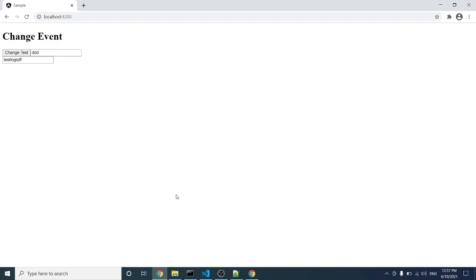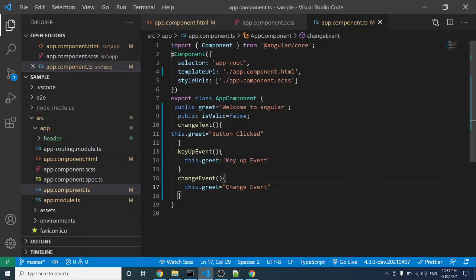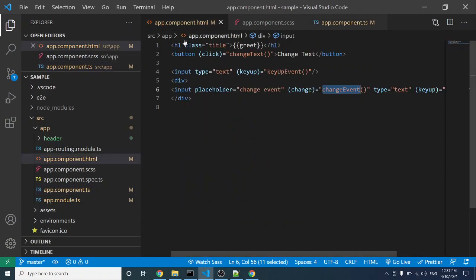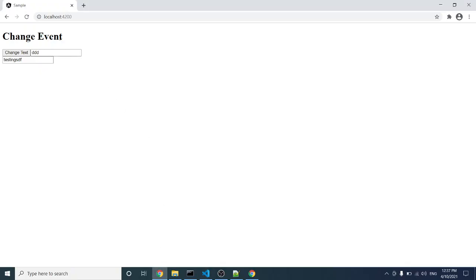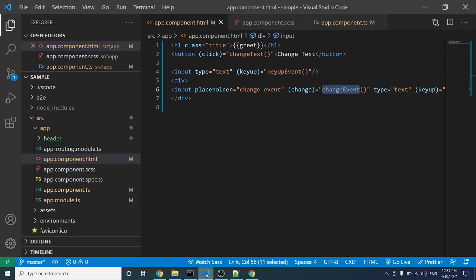Now we will see one more event called mouse over. So let's take an example, like we want to change the text color of this one. When we hover the mouse onto this line, welcome to Angular. Let's say I want to change the text color welcome to Angular to red color when I hover my mouse onto this text. So let's see,